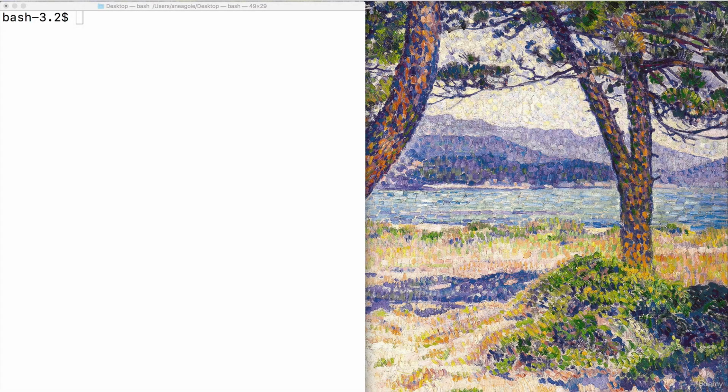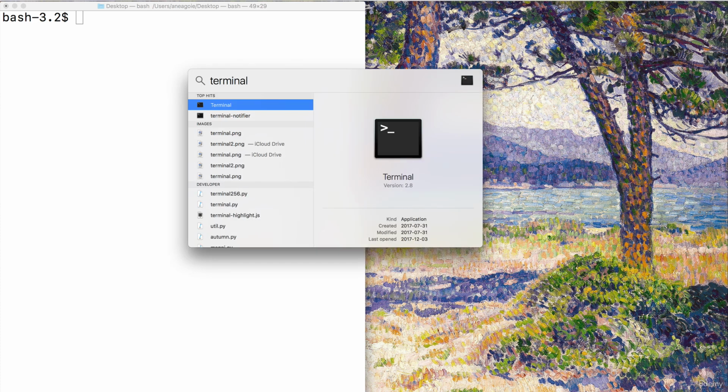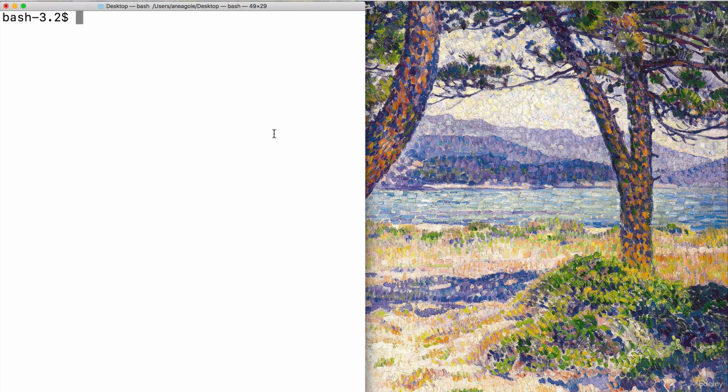A big part of being a developer is being able to use the terminal or the command line. Well, what is it? In this video, we're going to tackle this question and teach you a couple of very useful commands. Now, on a Mac, you simply do command space and type in terminal, press enter, and then the terminal will open for you. It's one of your applications and it's on every computer. If you're on a Windows machine, then it is the command prompt.